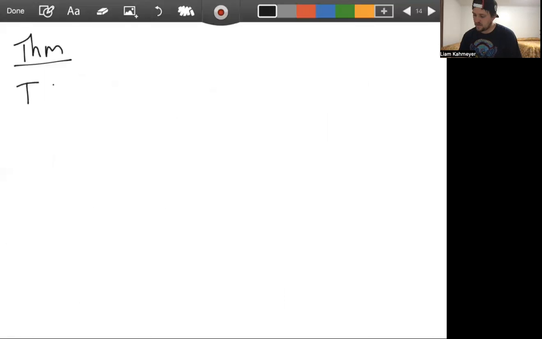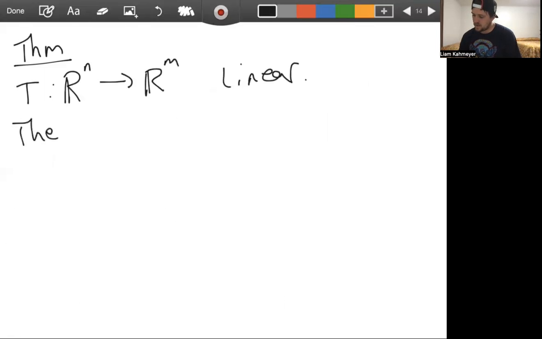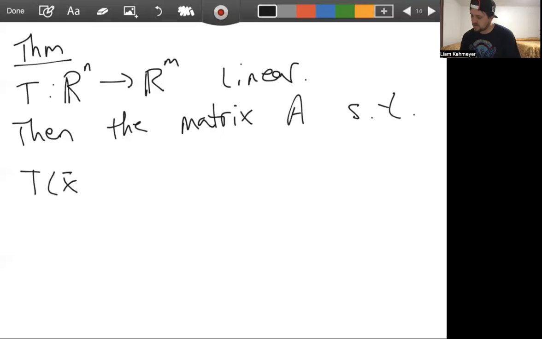Let T from Rn to Rm be linear, then the matrix A such that T of X equals AX is given by,